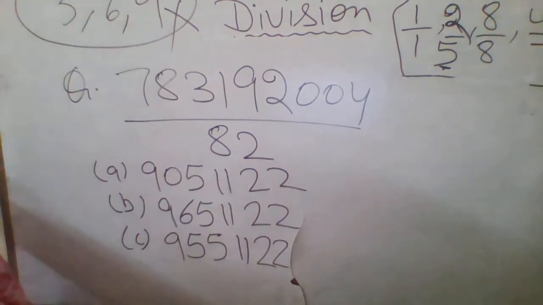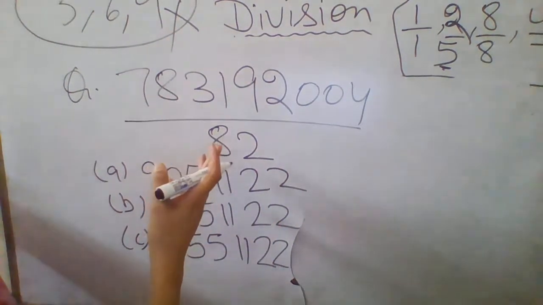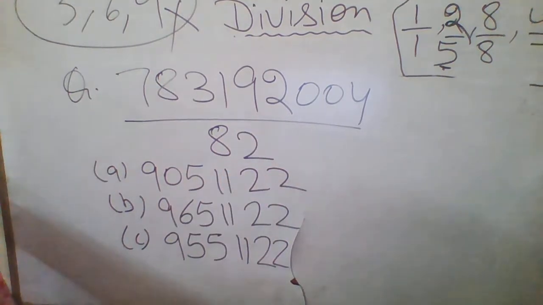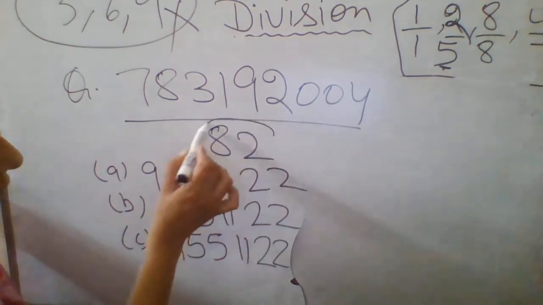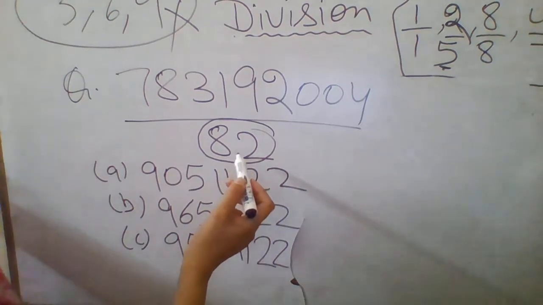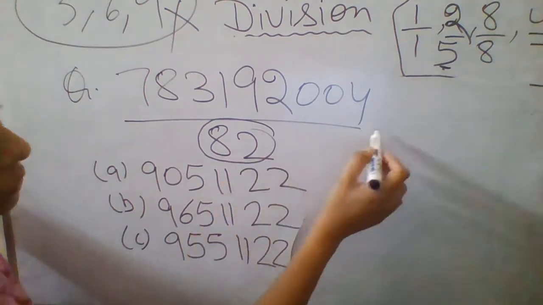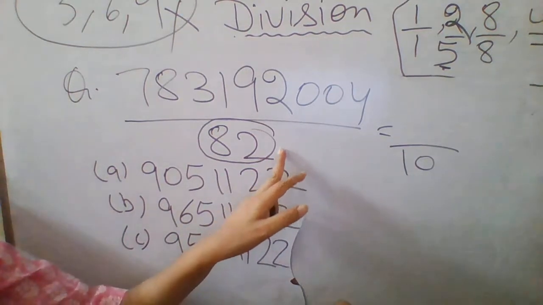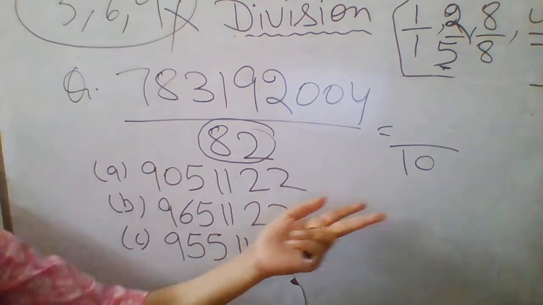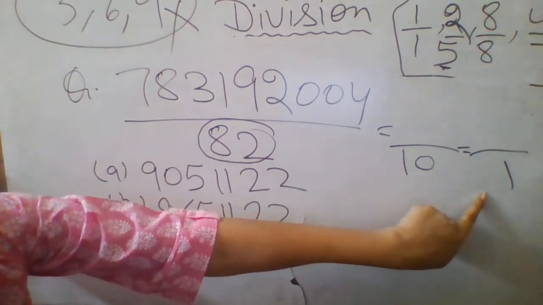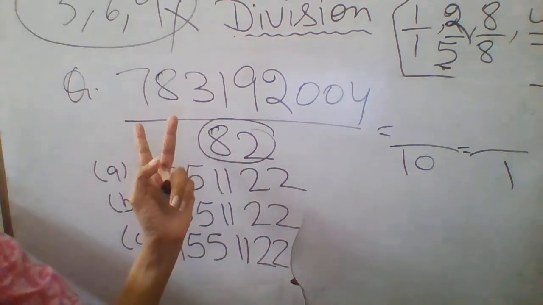Okay. Now look at this question. You have to solve it out. If you divide this whole term by 82, it will take a lot of time. So we have to convert this into digital root. Now you look here, 82 is given here. If you take out the digital root here, that will be 8 plus 2 which is equal to 10. So already you got 10 here. You will not convert it because already this is 10. Or already you have 1 in the digital root here in the denominator. You have to only solve out the numerator.